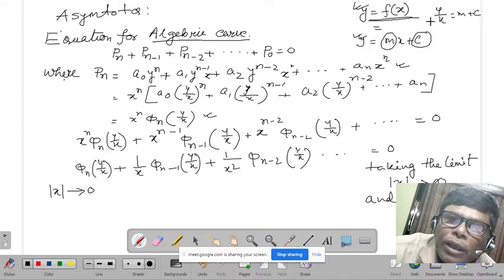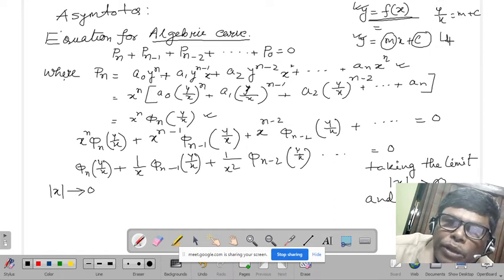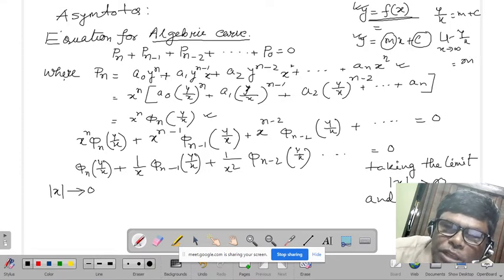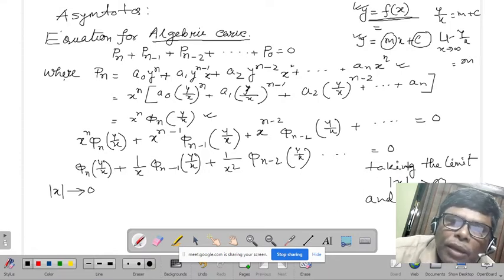Now this limit, if limit x tends to infinity y by x becomes m provided c goes to 0. So if this limit exists and is equal to m, these two conditions must be satisfied for an